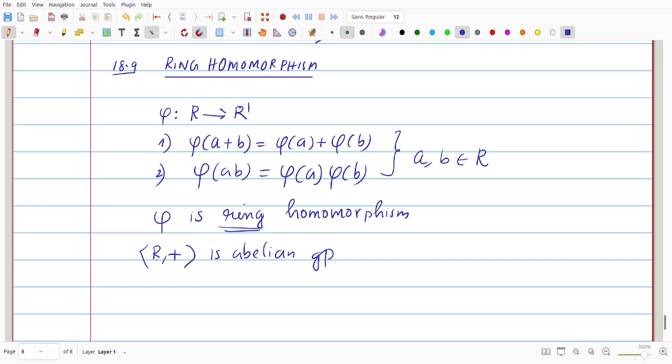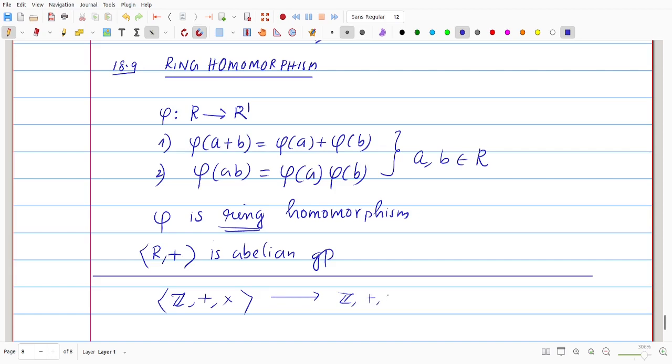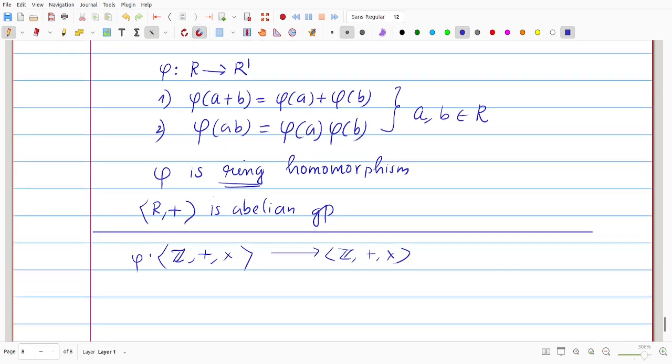So the number of ring homomorphisms is always less than the number of group homomorphisms, because we verify a homomorphism is a ring homomorphism by verifying first that it is a group homomorphism. Say if you consider Z under addition and multiplication, and we have another ring the same as Z, with addition and multiplication. You consider a function phi from this ring to the same ring, defined by phi of n